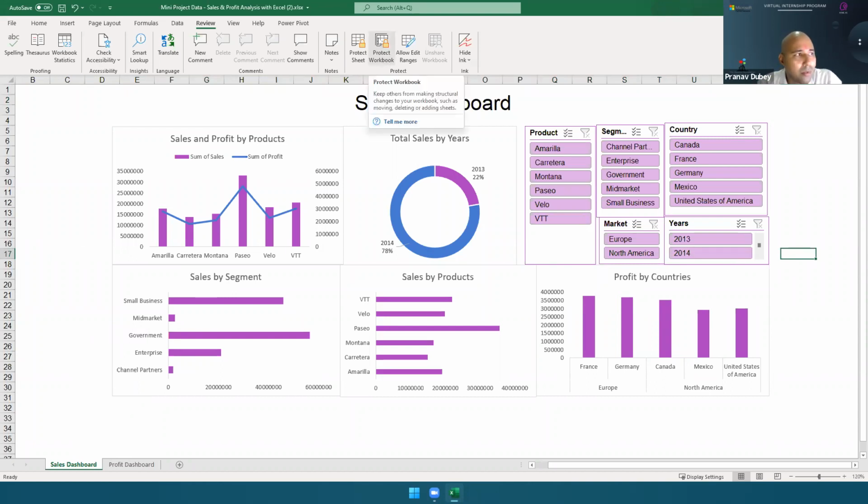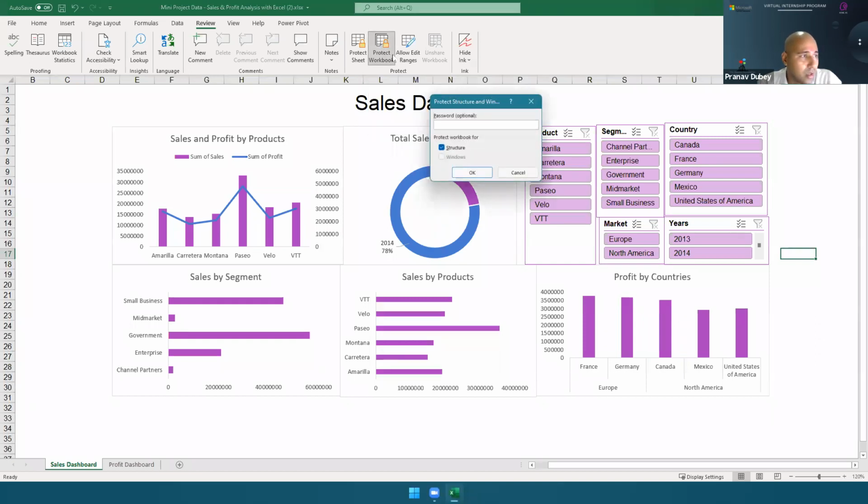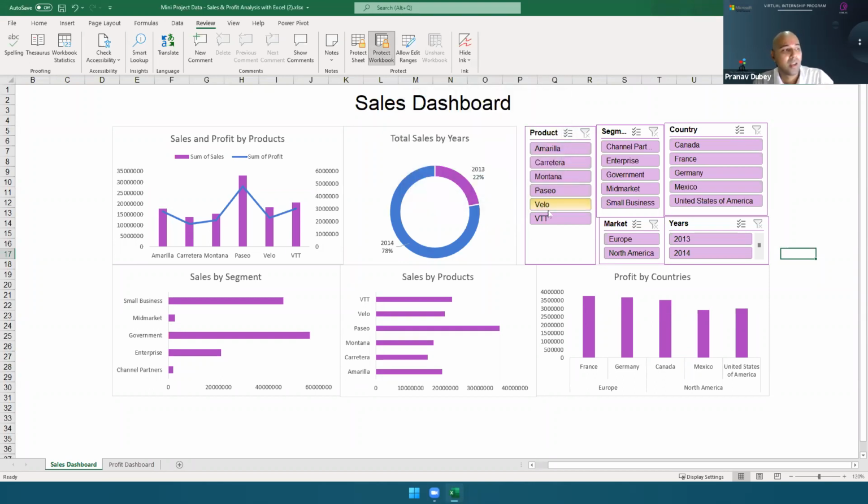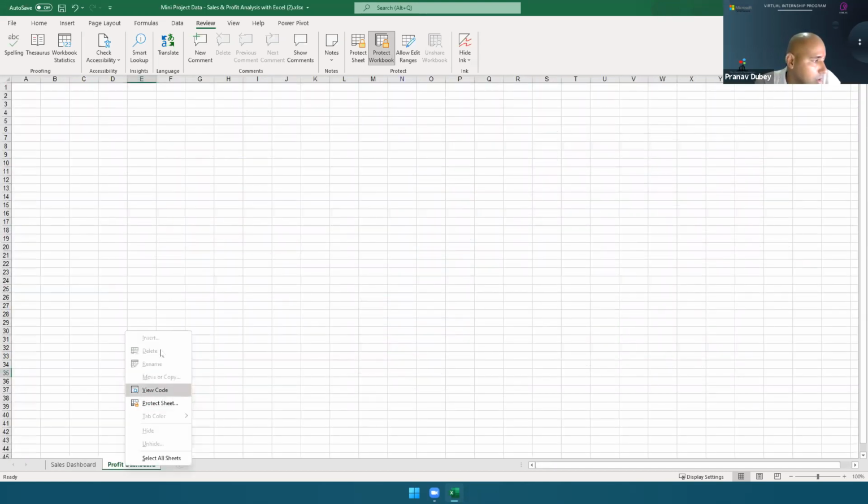Now what protect workbook does is it prevents the structure of the workbook from changing. So click here and then set a password. It's optional although, but set a password 1234. Click OK. Confirm password 1234. OK. And now nobody can unhide or delete your worksheets.